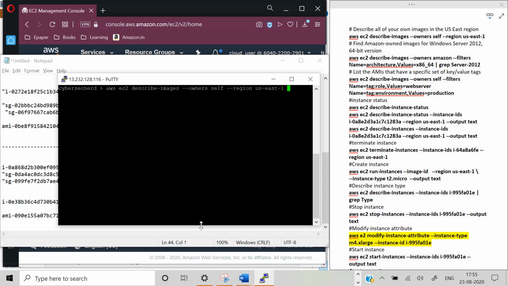And now we will be using filters, name. We have given the name as the purpose. So tag purpose, and values we have inserted as cheat sheet.